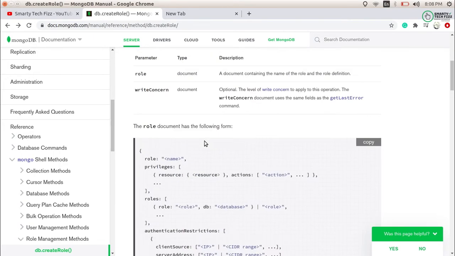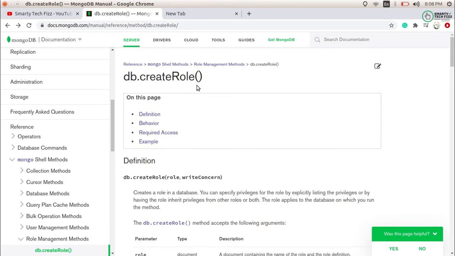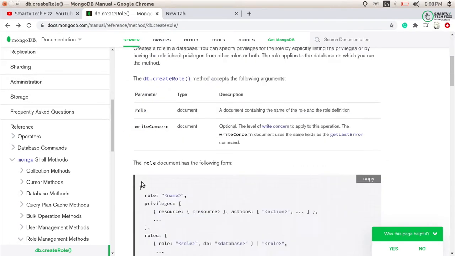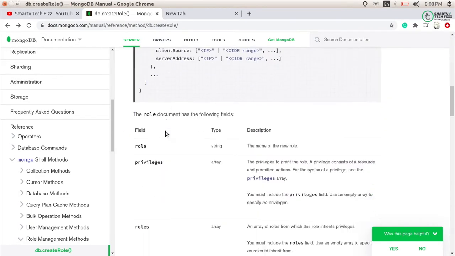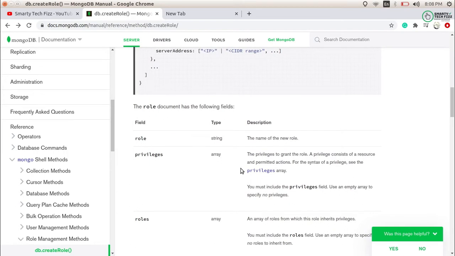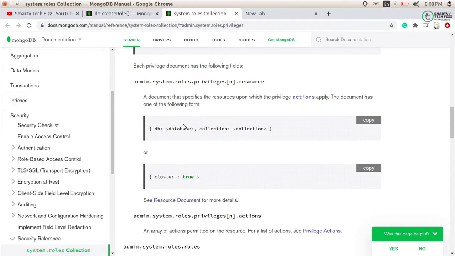So we will be using the createRole command for creating a role defined by us, and in createRole we will be providing the privileges. Whatever privileges we want to provide a user, we will define them here. What do I mean by privileges? It is the access we want to give to the user.